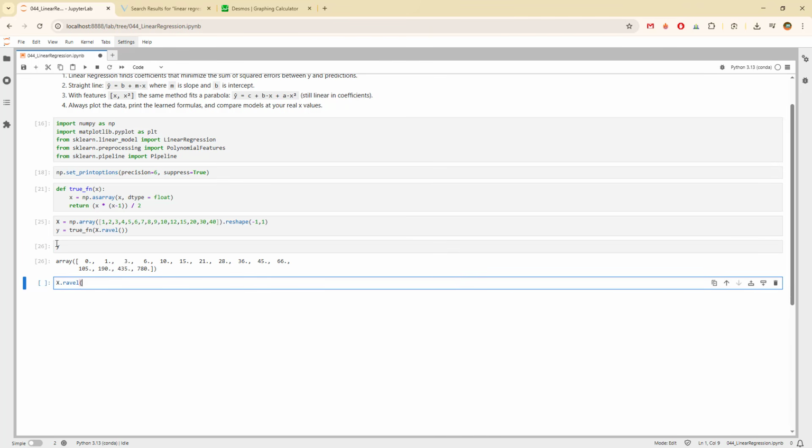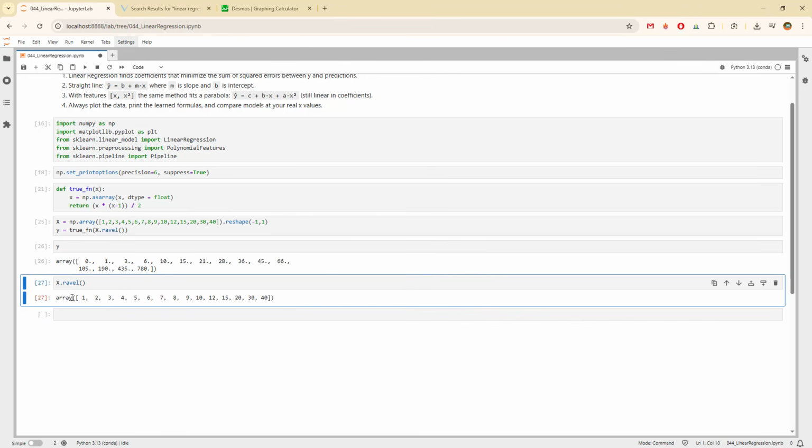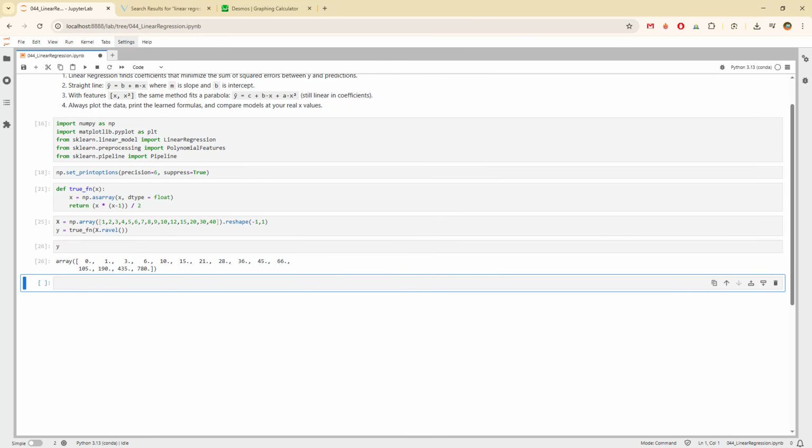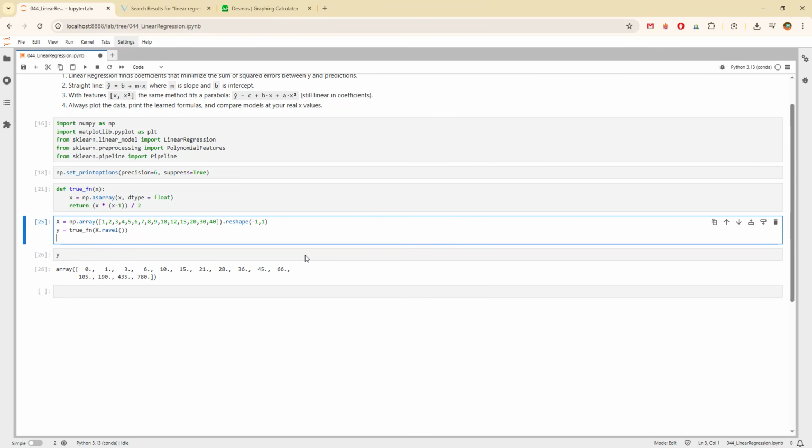What x.ravel does, pretty much it gives us a nicely formatted array, or at least I think so. The correct mathematical term is that it returns a contiguous flattened tensor, but okay, we'll live without us